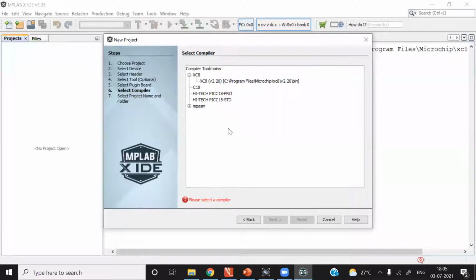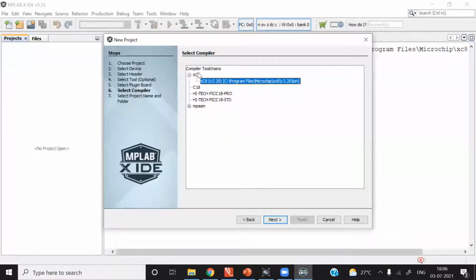Now the important point in this wizard is that you must select a compiler. If you do not install other compilers, they will not show up here. The compilers that you have installed will be shown here. As we are going to use the XC8 compiler, just select it. This step is really important. If you do not select a compiler, your code will not be compiled later on.